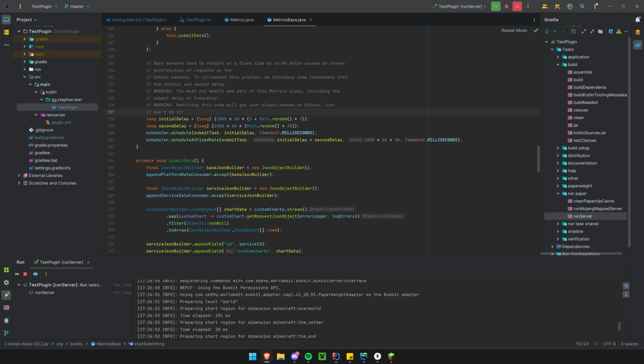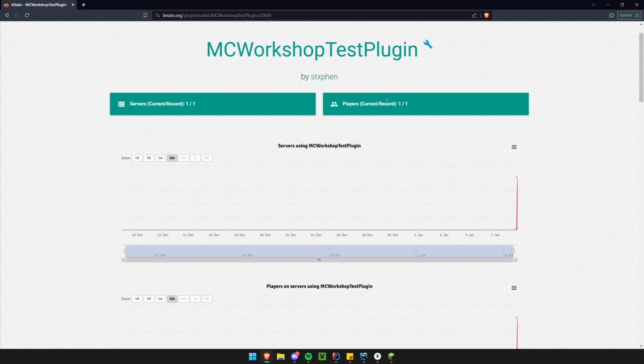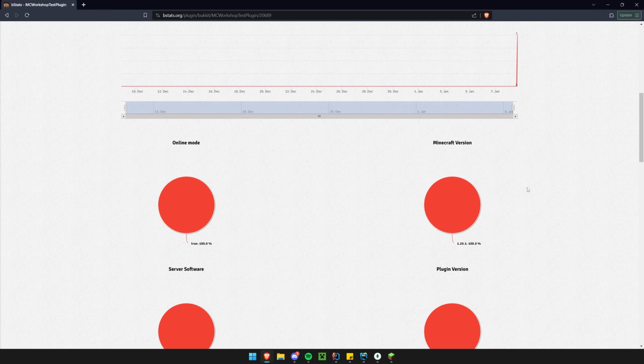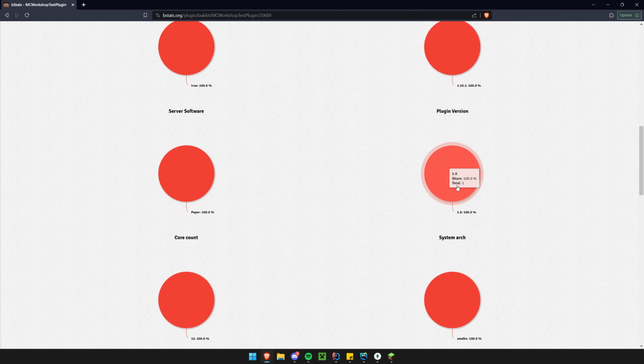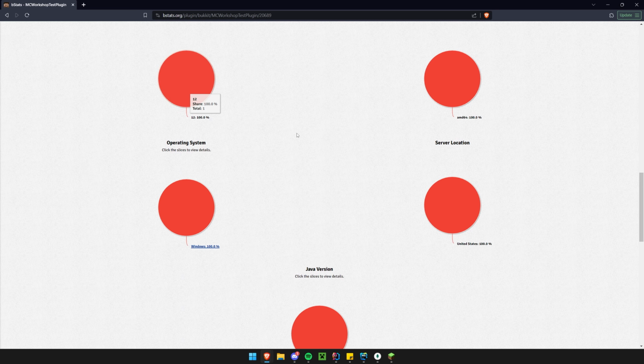Alright, so right on cue, it took about 30 minutes or so, and my plugin data has appeared. So you can see there's 1 out of 1 servers, which is correct, and it's logged 1 out of 1 players, which was me. You can see it's updated all the graphs with the peak, and then also all the information about the server and the plugin. So we have online mode, yes, the Minecraft version I'm using, the plugin version, which of course we have as 1.0, the server software, which of course is Paper, because this is a Paper course,